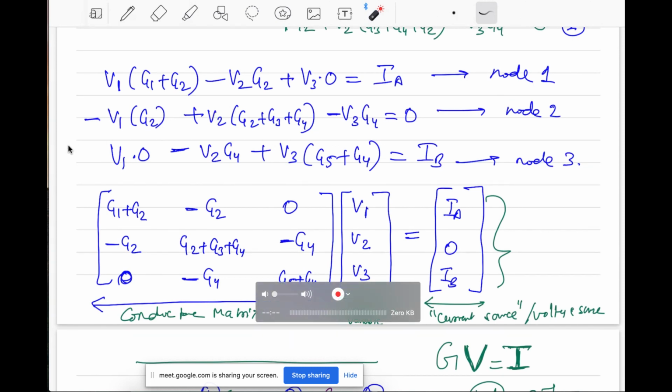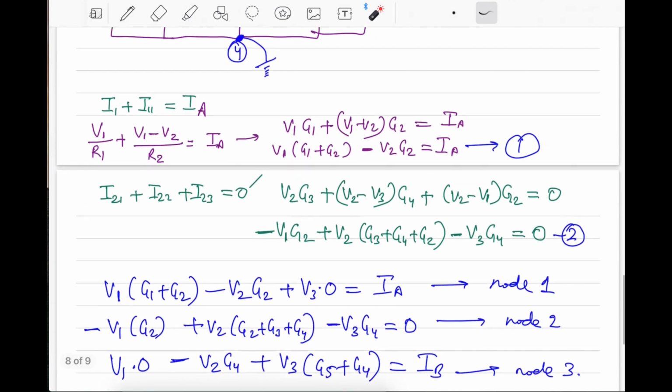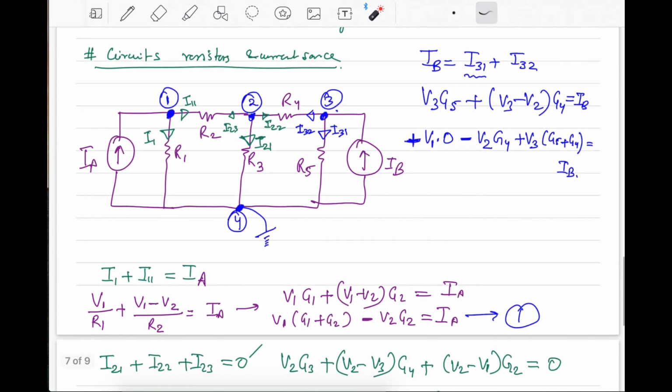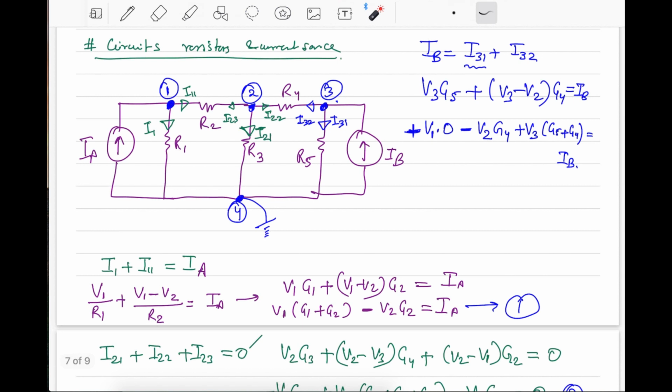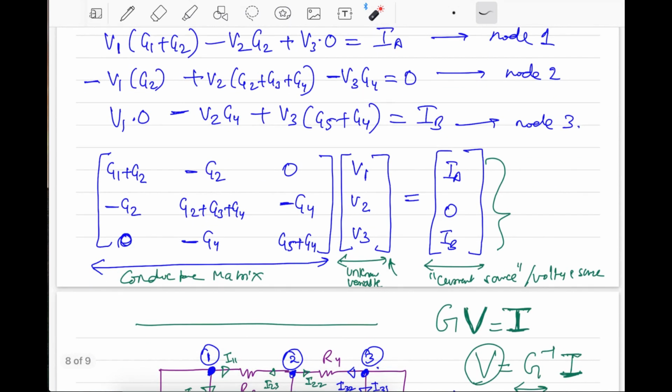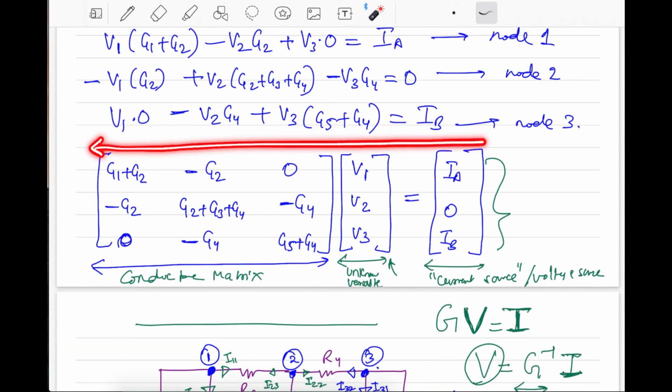Okay, so in the last class, what we discussed was nodal analysis. In nodal analysis, we saw that once we apply KCL at specific node points, like here we have node point 1, then node point 2, node point 3, and node point 4, we get to know that somewhere down the line we can solve this by using this type of matrix computation, and this matrix computation consists of various matrices.